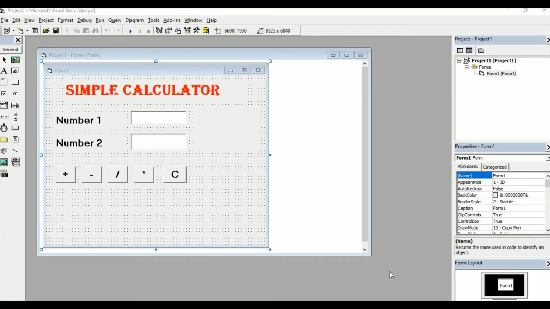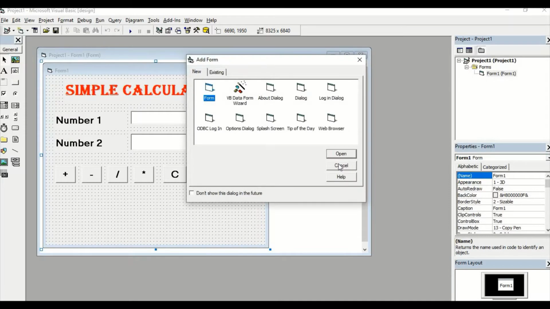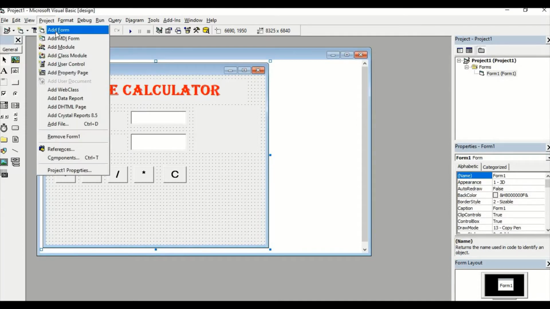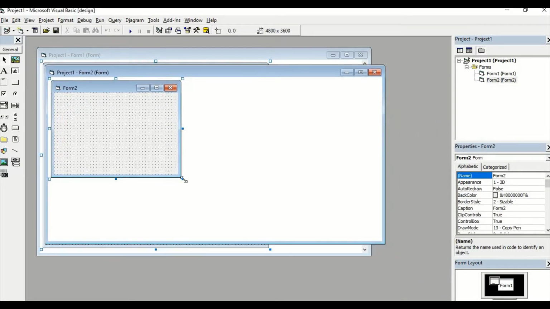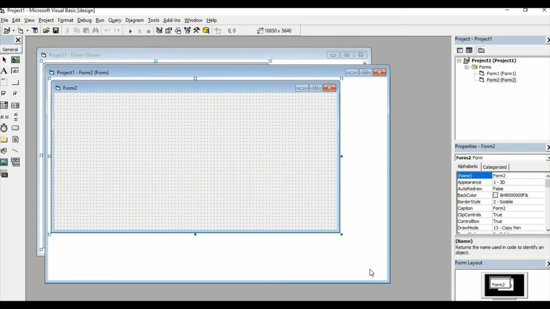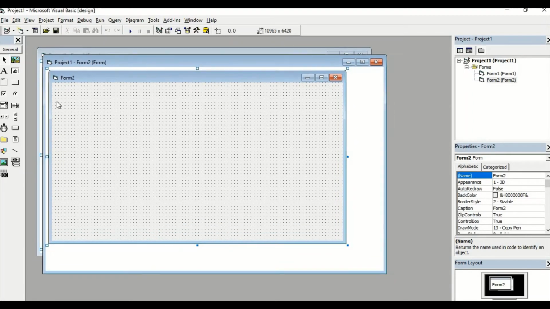The following example is going to show some of the functions of Visual Basic. To be able to do it, we will have to add a new form. We can add a new form by passing through here, or we go to Project, then Add Form. Immediately, the form we are creating is called Form2. On this Form2, we are going to use